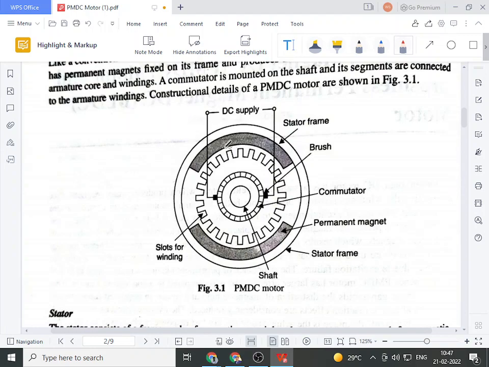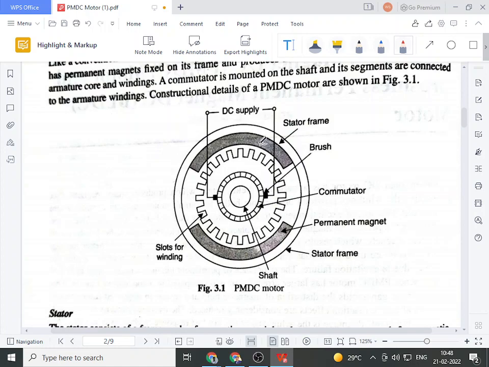So there is no pole structure, because a pole structure is required whenever we have to wind a winding on a stator. Here there is no field winding, so directly we place these permanent magnets at the inner periphery of the stator. So on the upper side and lower side there is a permanent magnet. The number of permanent magnets depends upon the number of poles present inside that stator. Again there are various construction topologies, and accordingly there will be the permanent magnets.